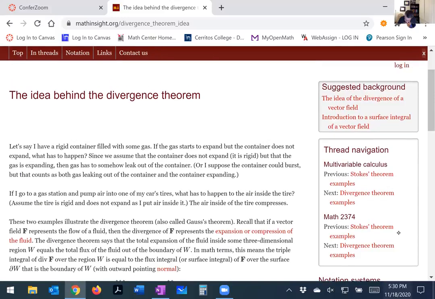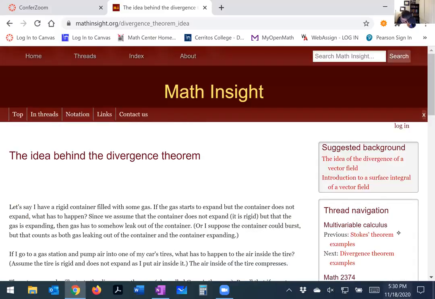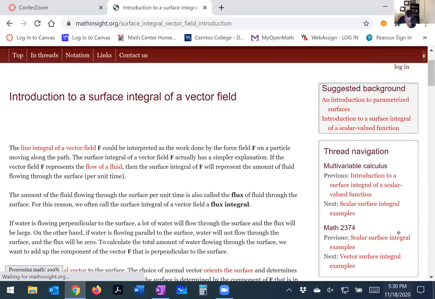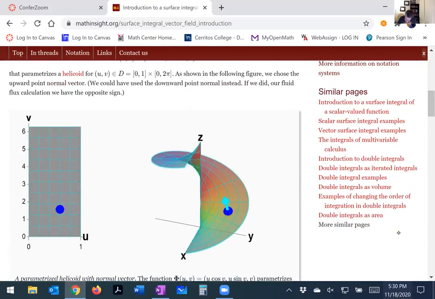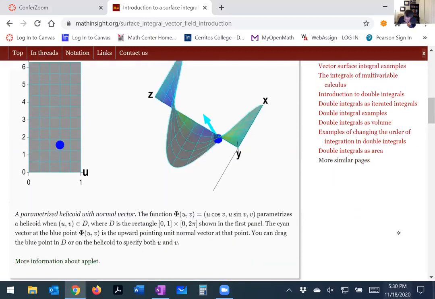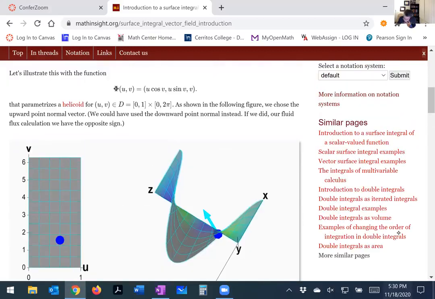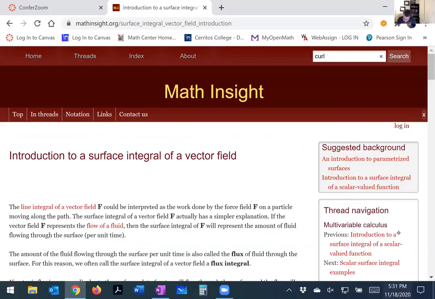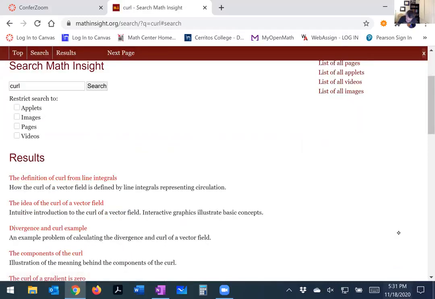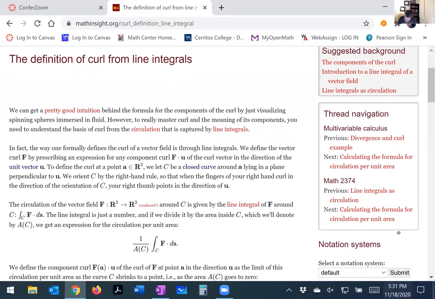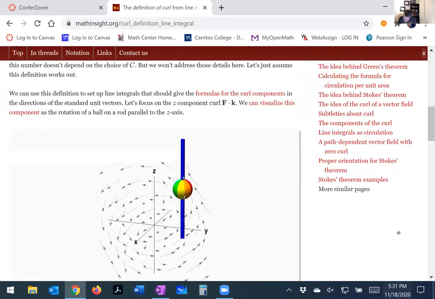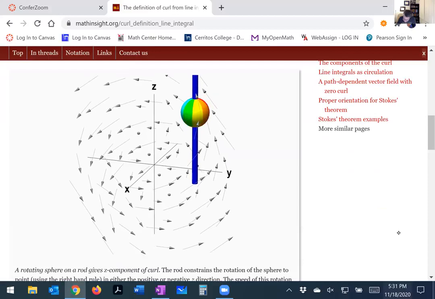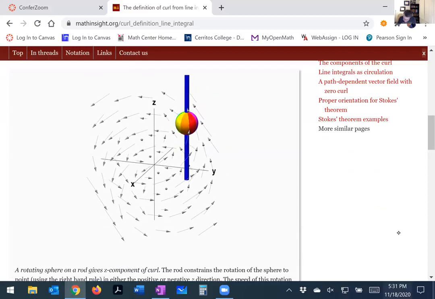They have on here vector field. Okay, they have these applets, which are kind of cool. Don't want this. I want curl. Just show me curl. Here we go. There we go. Yeah, see, it has this, and it shows you kind of like in this vector field how